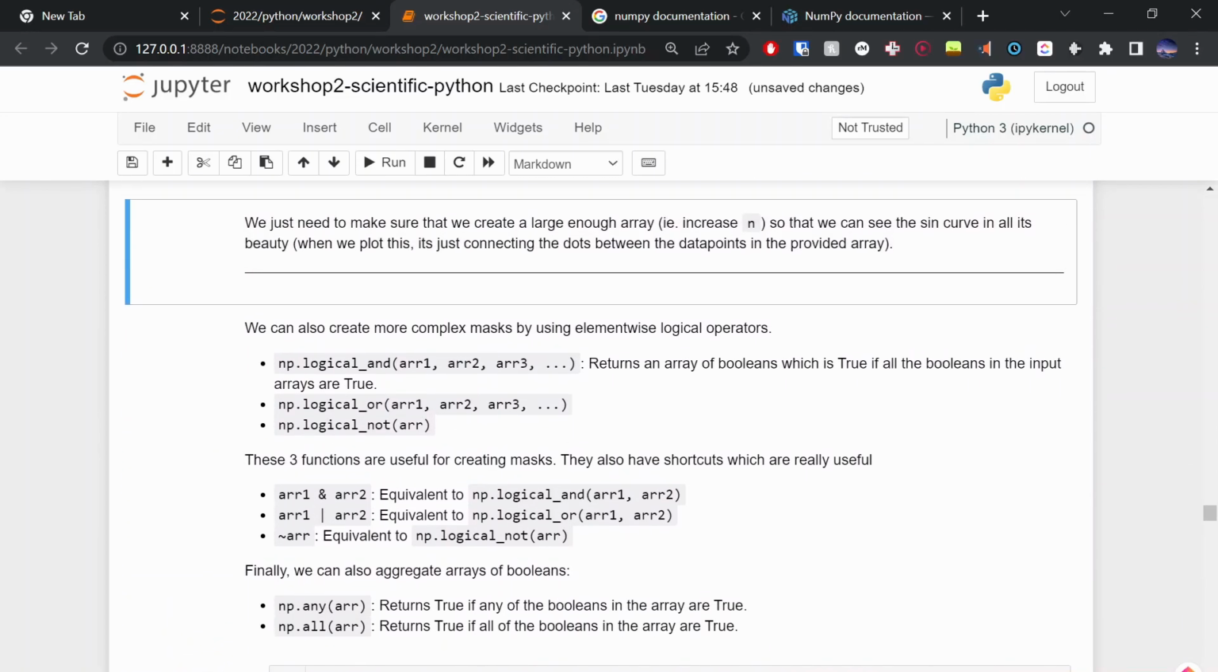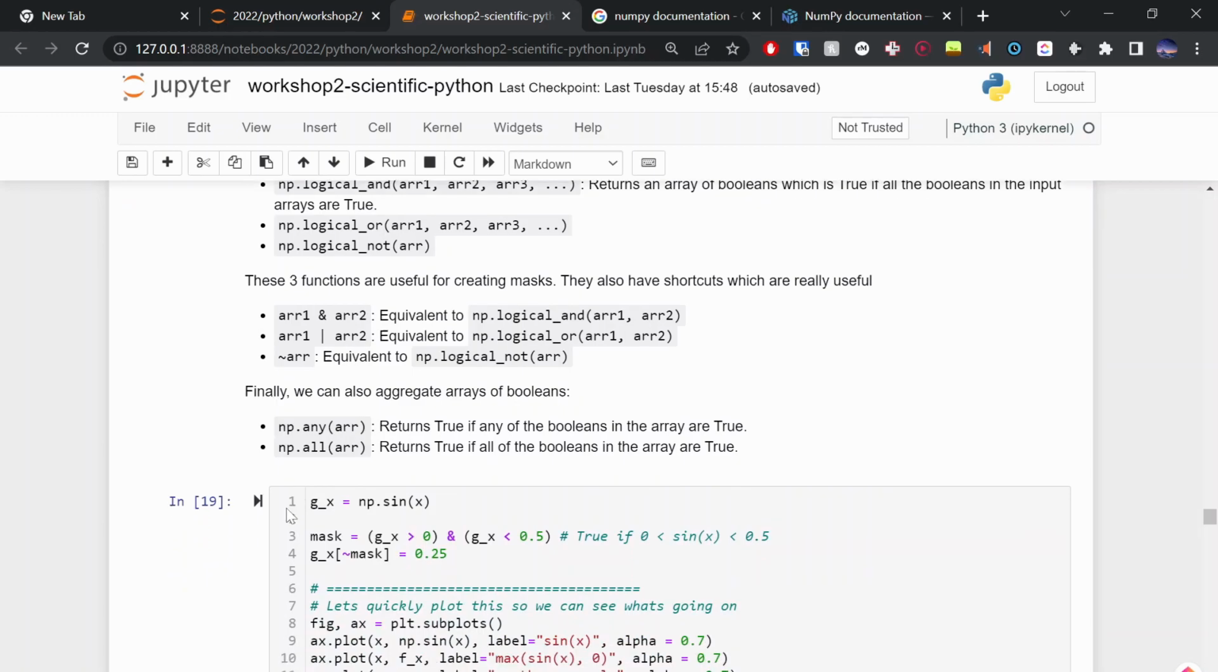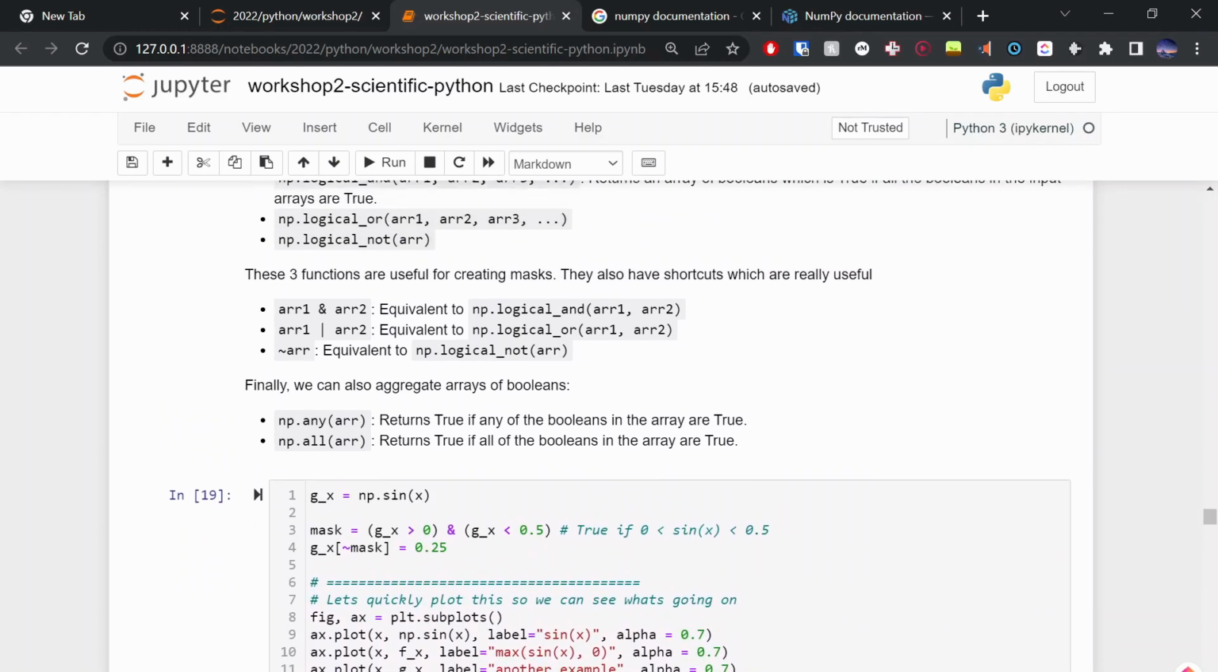Awesome. So that's how we can do logical operators, and we can also aggregate along this. I don't know if aggregate's the right word, but we can also look at an array and ask the question, are any of these values true? If we do np.any(array), it'll just return true or false. So it doesn't return an array, it just returns true or false. And we can do the same thing with np.all. So just a quick example here,